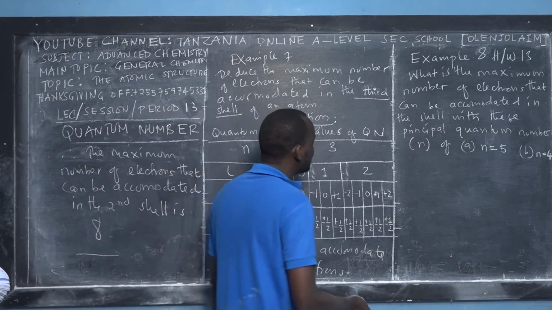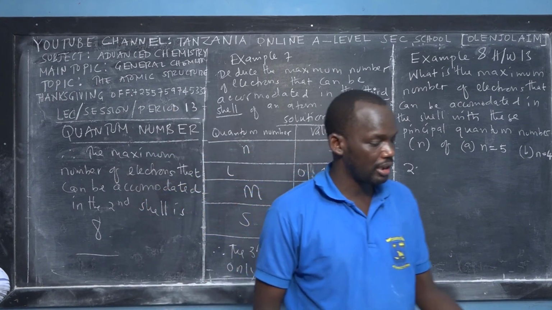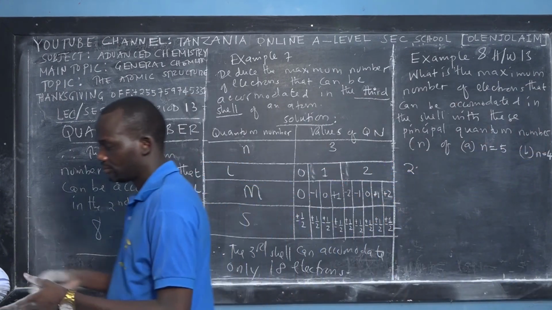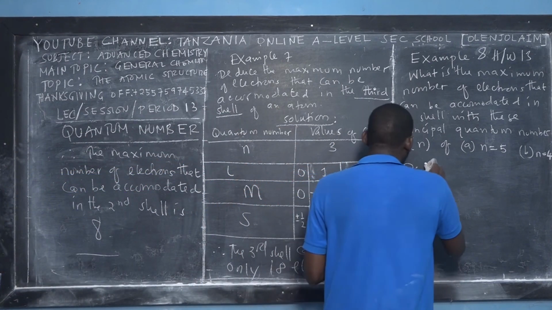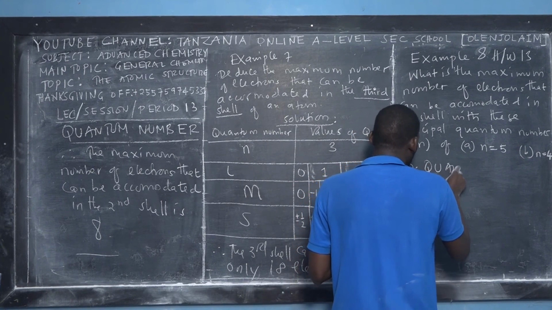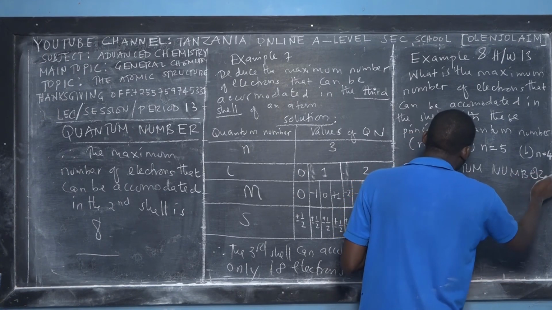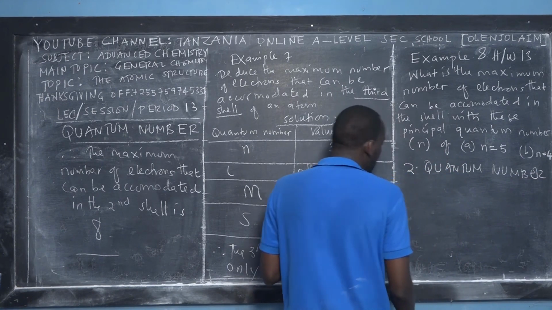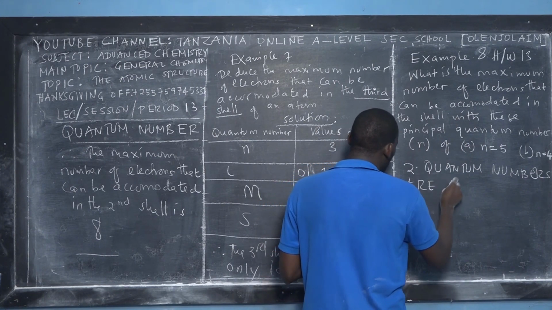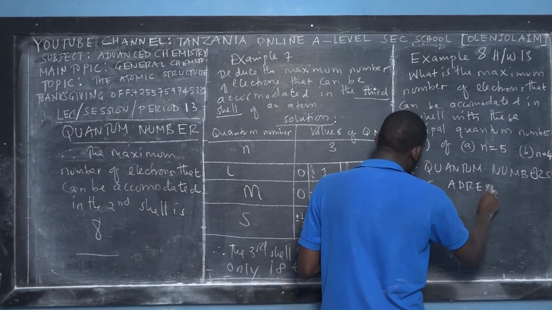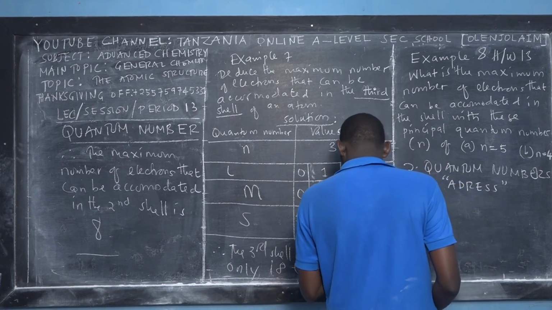So, if that's the case, let me teach you the second application of quantum numbers in general. We say that quantum numbers are address. So these are the address of